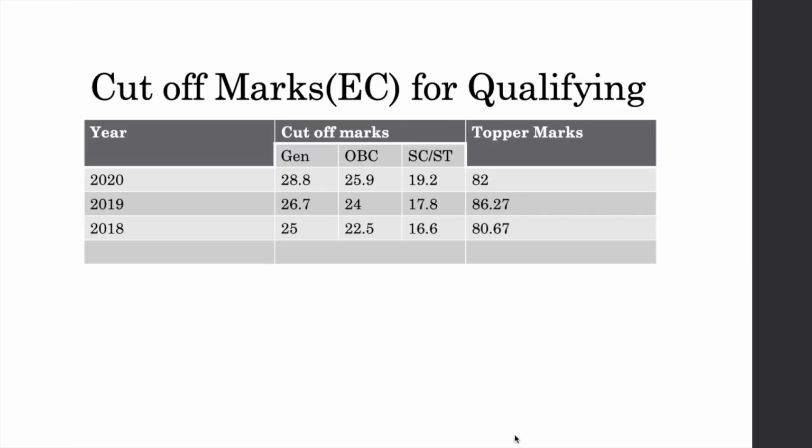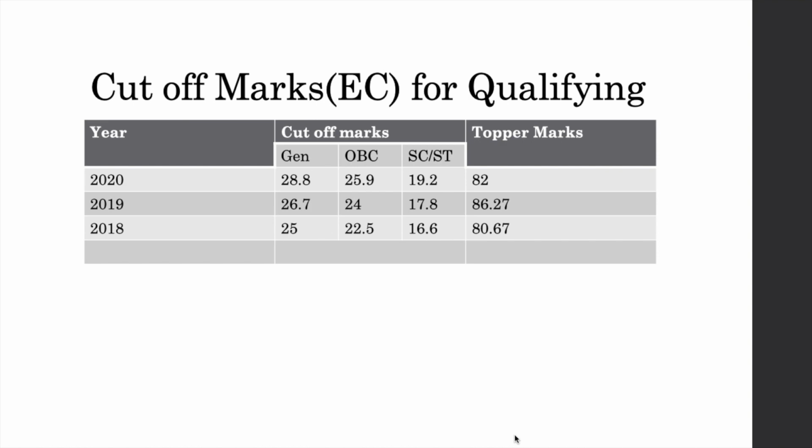In the previous slides we talked about the GATE examination question paper and the types and categories of questions being asked. Now we'll move ahead to talk about the cutoff marks for qualifying. And as I said, we are obviously talking about the electronics and communication engineering cutoff. Here in the slide you can see this table where the cutoff marks of different categories have been listed.